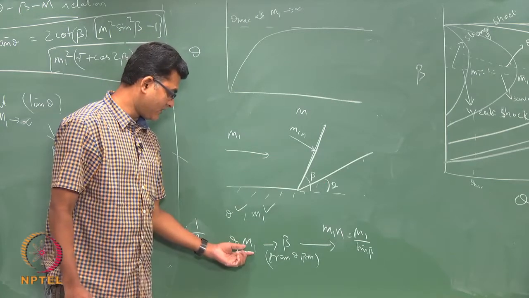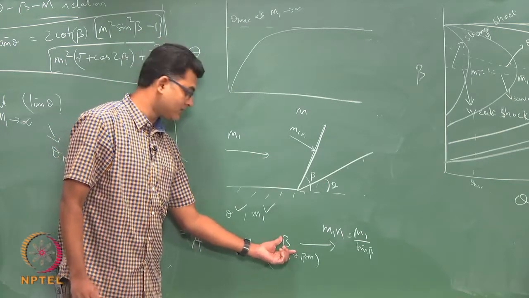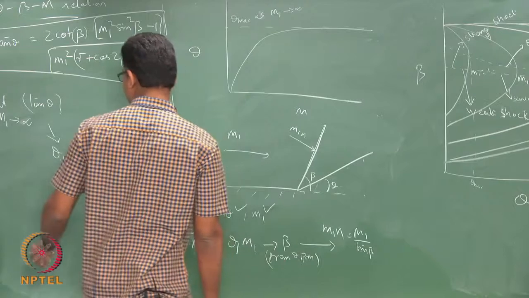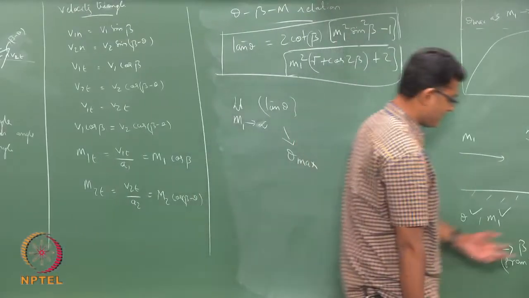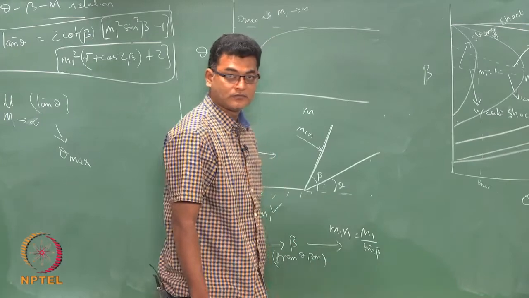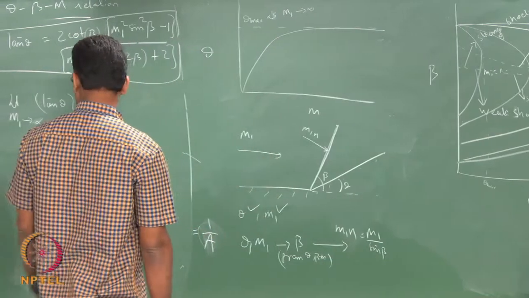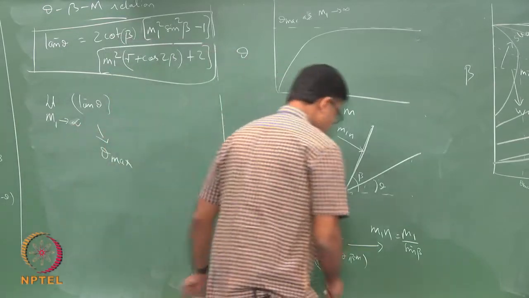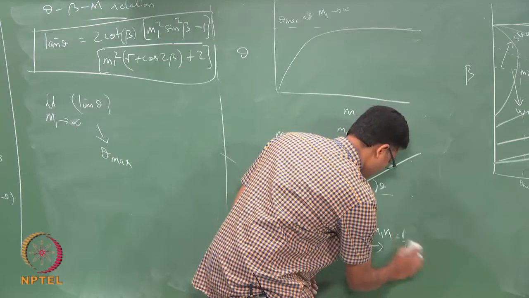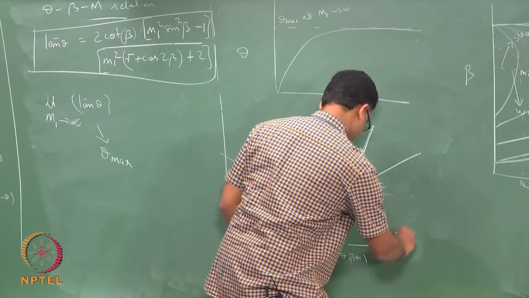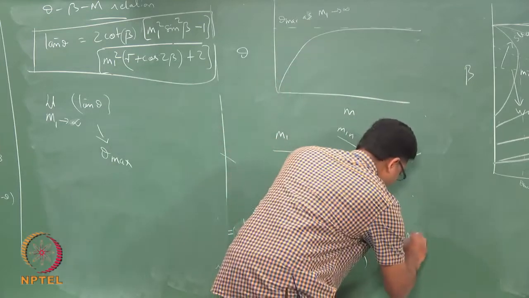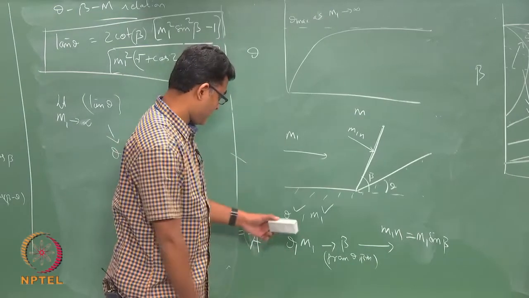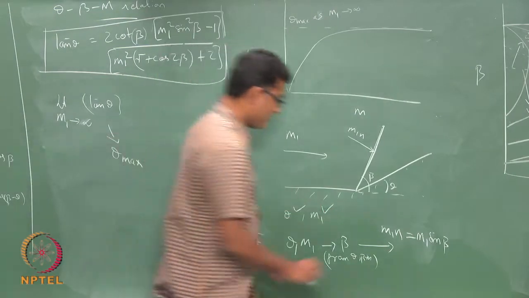From theta and M1, using the theta-beta-M relation, I get the beta. The moment I get the beta, I can find M1n. M1n is M1 sin beta, correct. The moment I get M1n, I can get